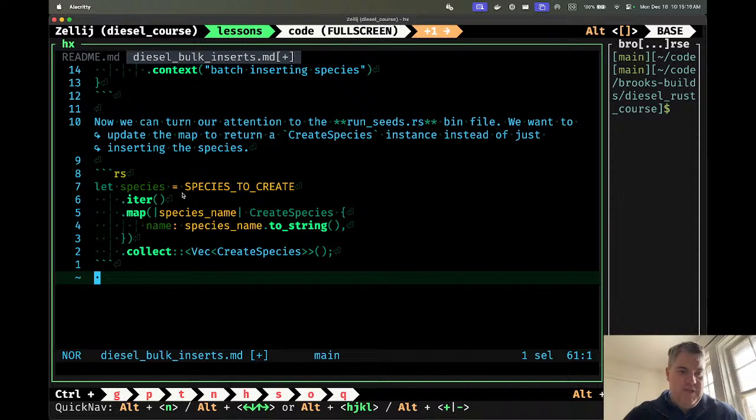Okay, so let species to create, iter, map, species name, create species, name, species name, to string, do all that fun stuff, and collect it back into create species. Okay, so great. Perfect. Okay, so we have that, it's excellent. Then